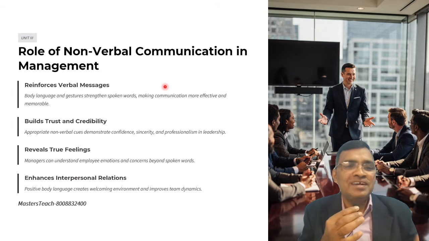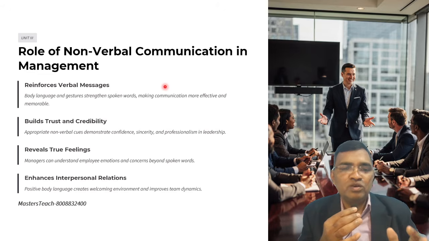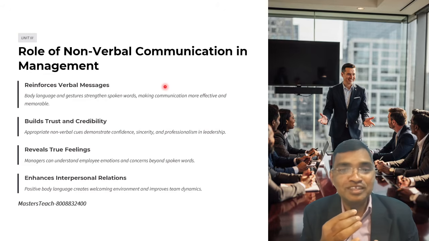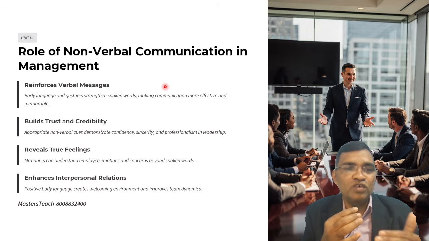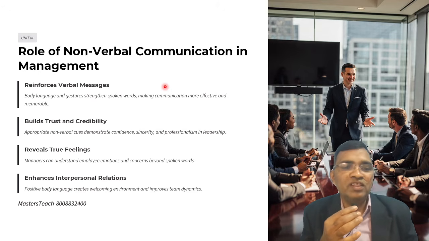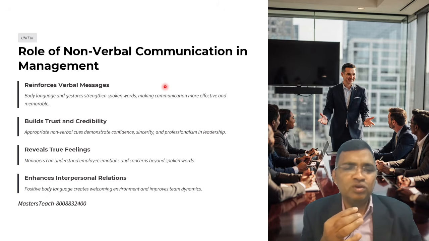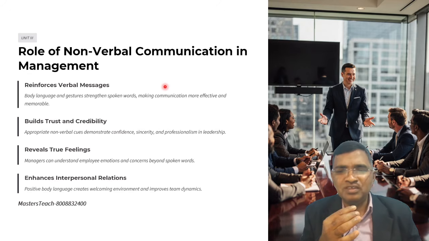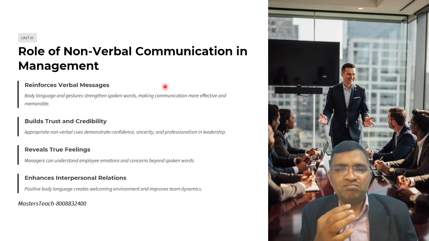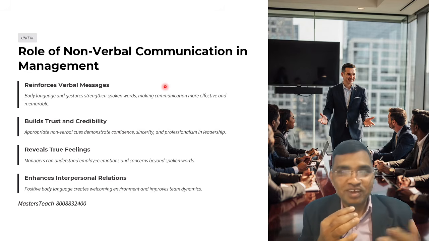It builds trust and credibility: if you show confidence, sincerity, and professionalism in leadership, that is also non-verbal communication. And it reveals true feelings. With non-verbal communication, you can come to know employees' emotions and their unspoken words.